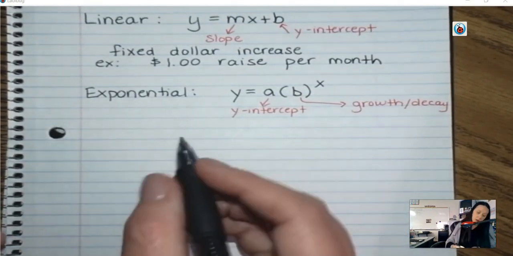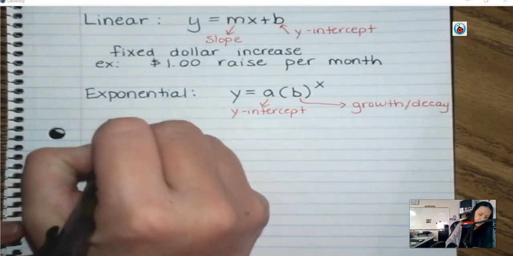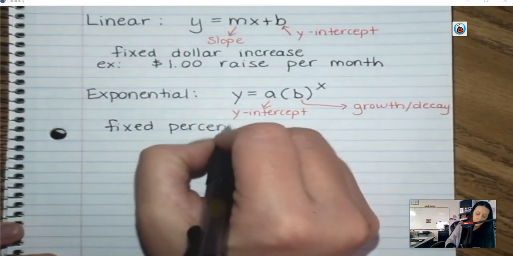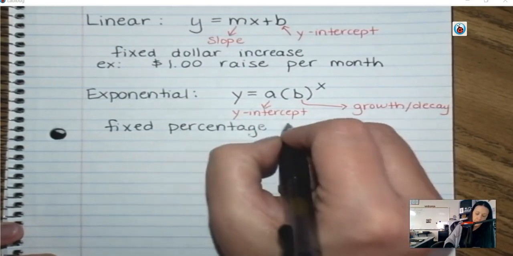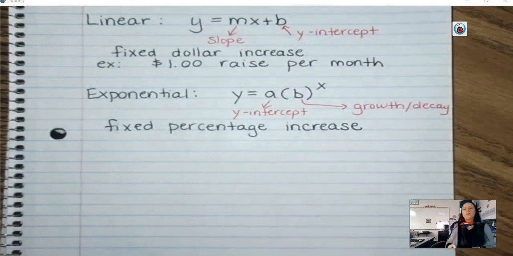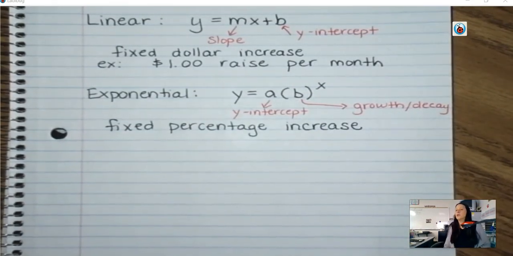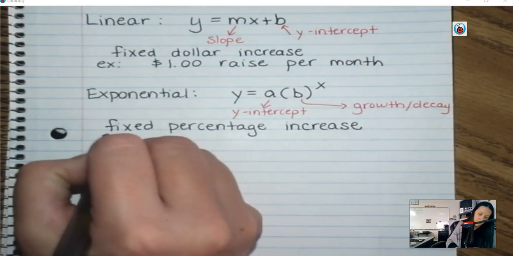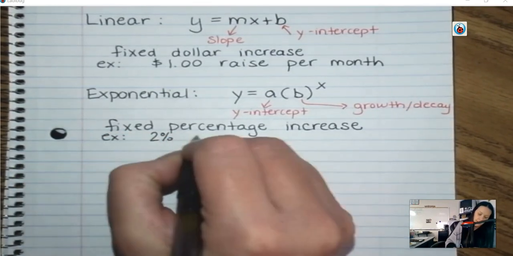Exponential is when there is a fixed percentage increase. So anytime you're talking about percentages, you're going to see an exponential model used. For example, if you get a 2% raise each month,